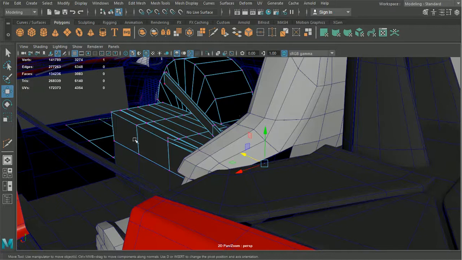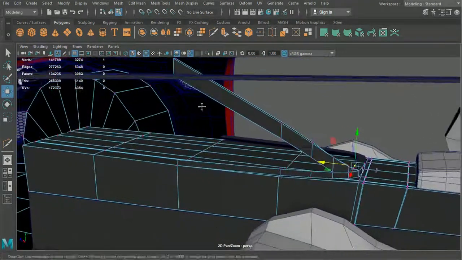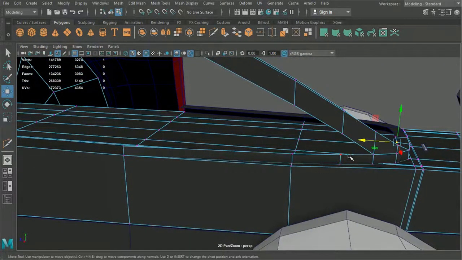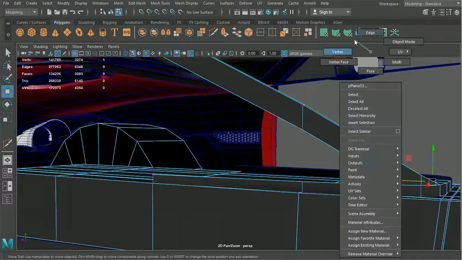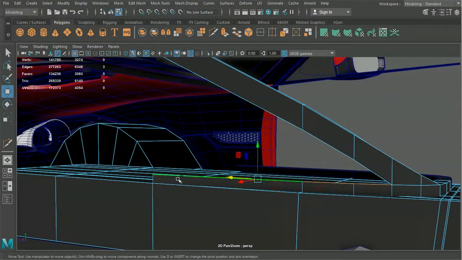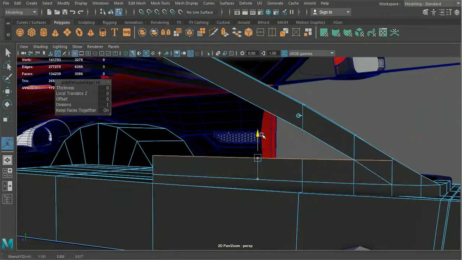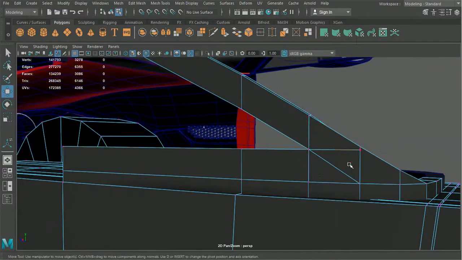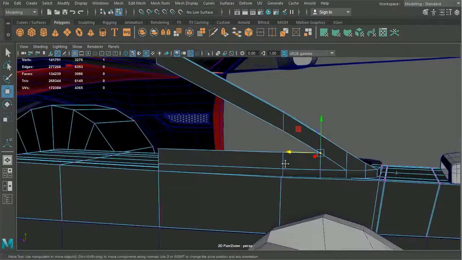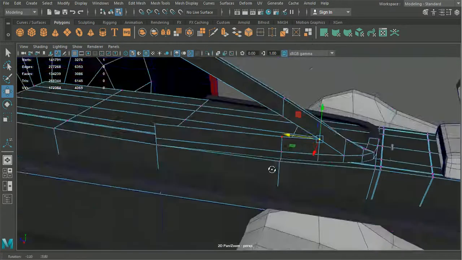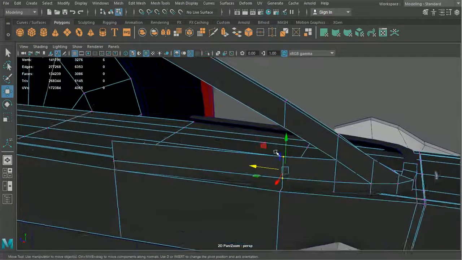So the outside portion of this, we want this to come up and this to start molding into the actual dashboard. We then want this here to maybe, we want this to actually be like so. Let's just make sure we get all those points merged together there. It does look like this handle is a little bit higher, so we'll go something like that. And then it looks like this portion here